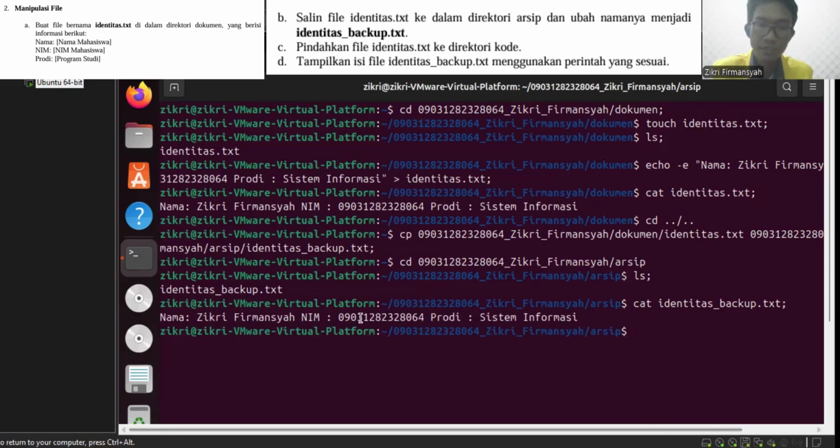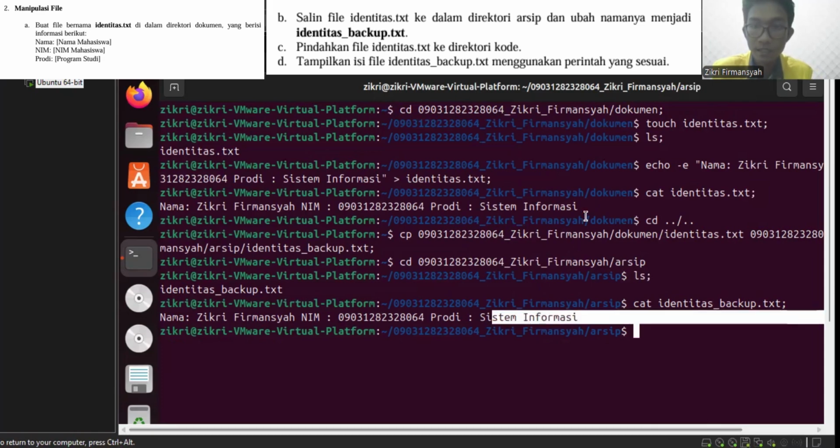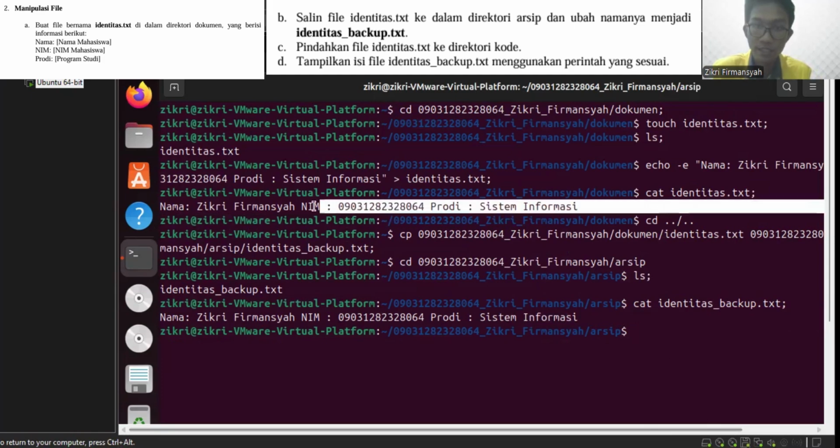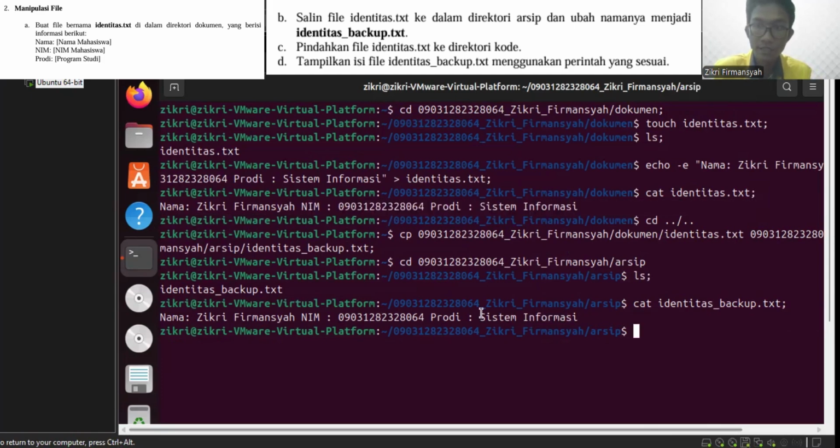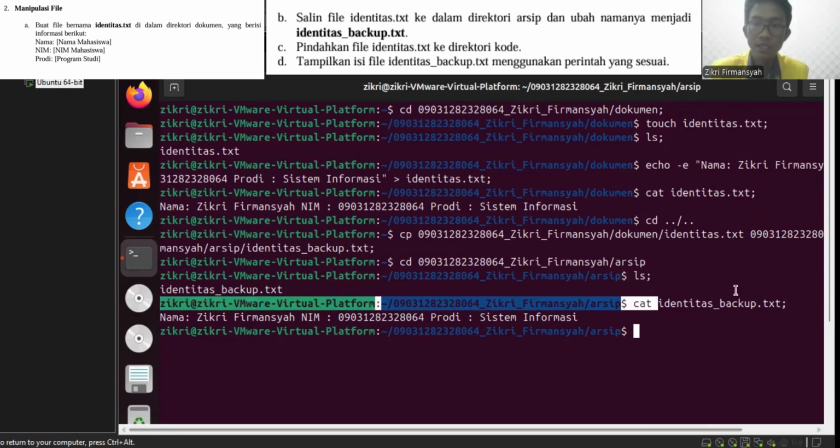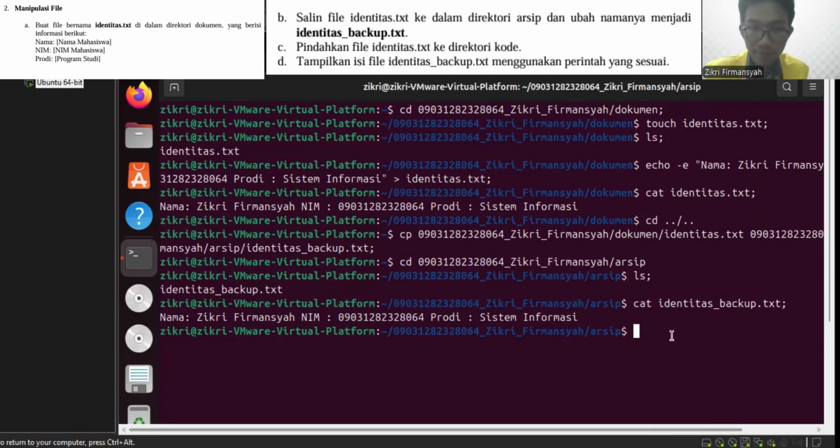Now the content of identitas underscore backup is the same as the content of identitas.txt. It means we succeeded in copying this file from the document directory with the name identitas.txt into the archive directory with the name identitas underscore backup.txt.